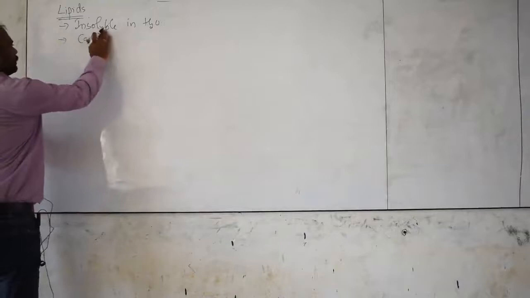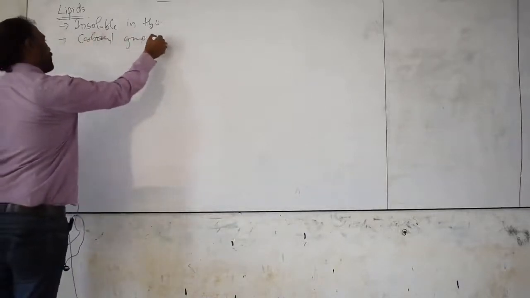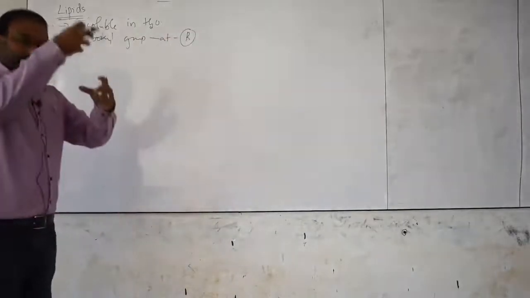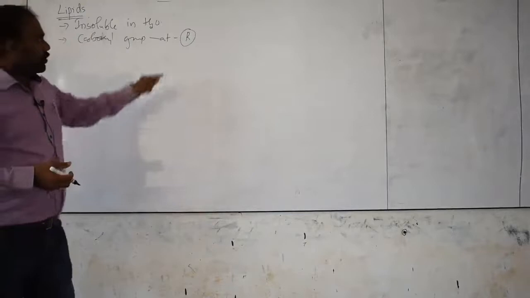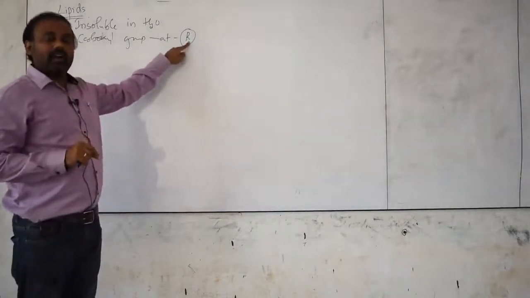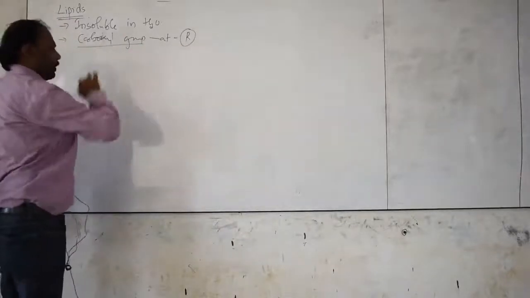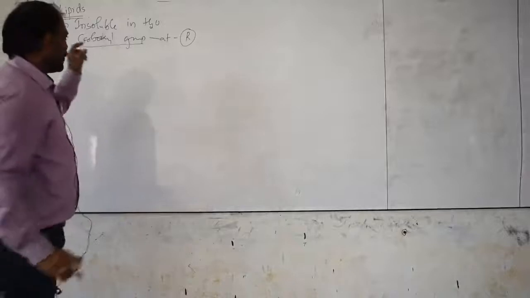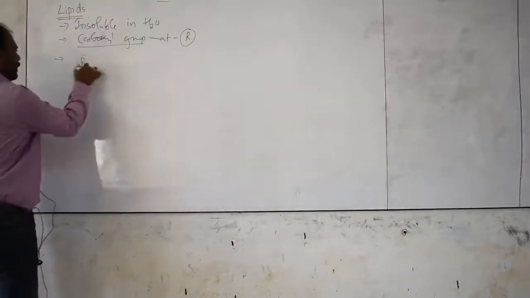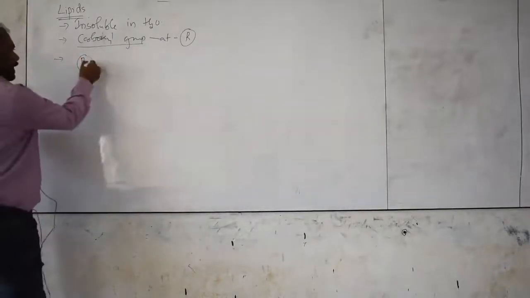carboxyl group, and they are made up of a carboxyl group which is present at the R group, that is the aryl group. While writing the structure of a lipid, where we write R, that is the variable group or aryl group, there will be a carboxyl group. Do remember, carbon must be present in the lipid. So at the R, where we are going to write R, that is the aryl group,